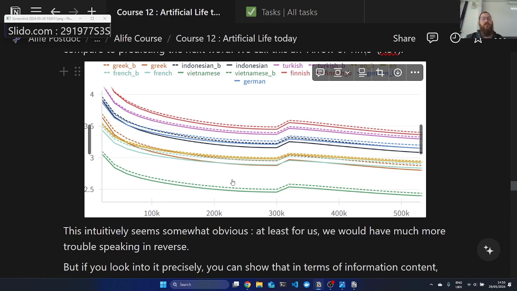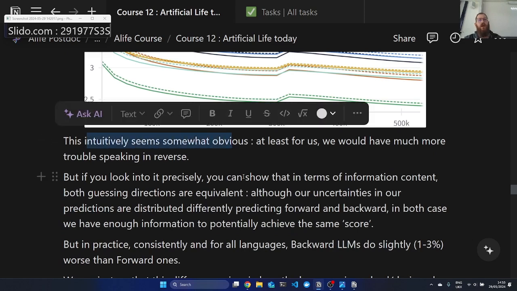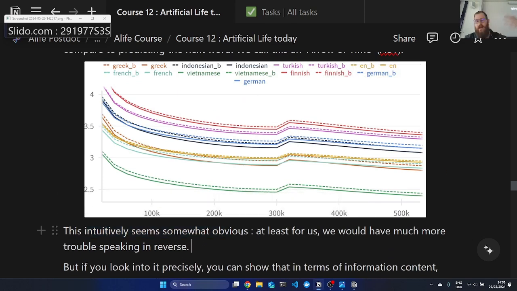When I first heard this, it seemed kind of obvious. If you ask humans to write backwards, it feels much harder than forward. If you think of examples, such as jokes, where the setup implies the punchline, it's harder to go from the punchline to the setup. So you might think it's obvious that language has some sort of direction.